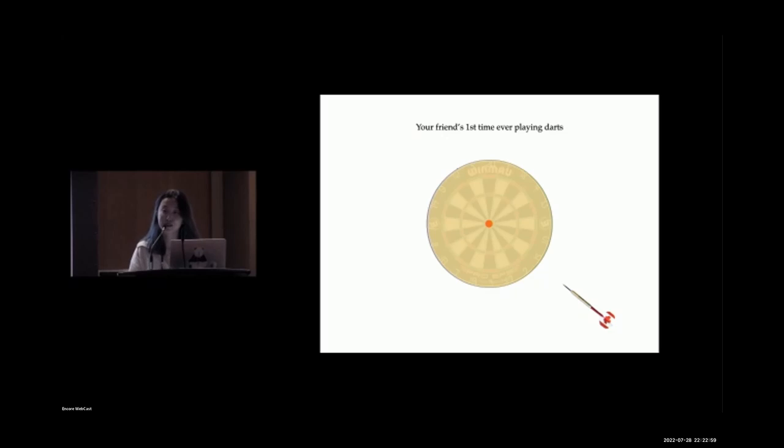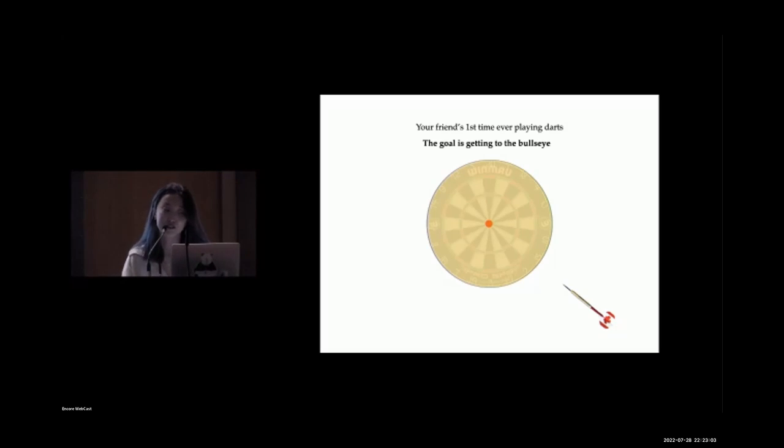So before they start playing, let me ask you this. Can you raise your hand if you think that the first time your friend is playing darts, it will land at bullseye? Okay. Now, how about somewhere here? Raise your hand if you think that it's possible that your friend's first throw could land here. Awesome, thank you.